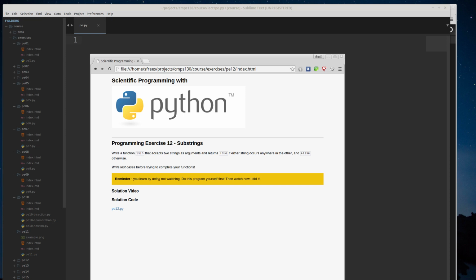So in this example, we're going to use functions as a way to separate out the work and actually write these tests. The bulk of the program really is about just finding substrings, which is a fairly easy task for string manipulation in Python. So I want to write a function called isIn that accepts two strings as arguments, and it returns true if either string is a subset of the other. So if either string exists in the other, and false